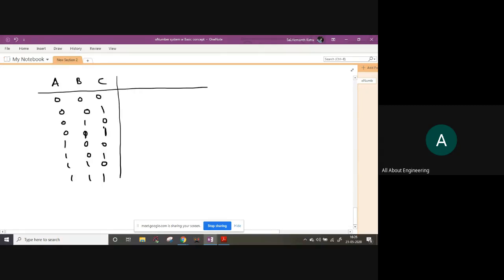Let me randomly give some functional values, zeros or ones. Let me give it as 1, 0, 1, 0, 0, 1, 0, 1. Okay. Now 0, 1, 2, 3, 4, 5, 6, 7. If I write this function, it will be equal to the sum of min terms 0, 2, 5, 7. It has 0, 2, 5, 7, right? So these are the min terms. Now what will be the value of this function?